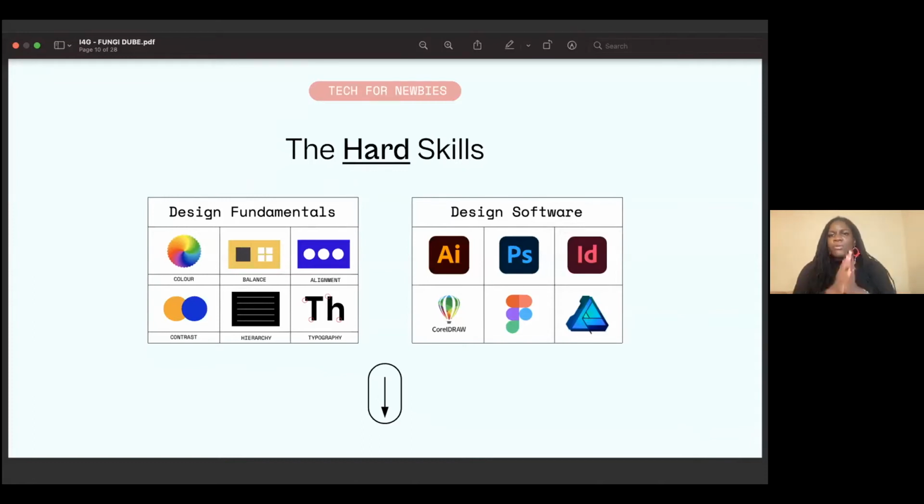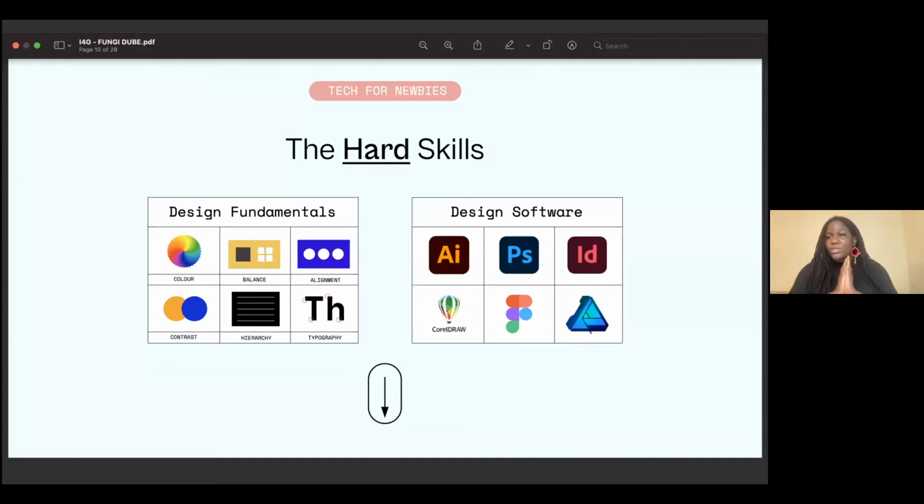We're also talking about contrast, right? If my face was the same color as this wall, you would not be able to see me. So that's what we're talking about. But because there's melanin here and there's contrast in the back, then you can be like, okay, we can definitely tell that there are 2 elements within the frame. So that's what we're talking about. The software, you definitely want to make sure that you are zoning in and focusing on one vector-based software, because when it comes to designing logos and that sort of thing, this is what we're looking into.